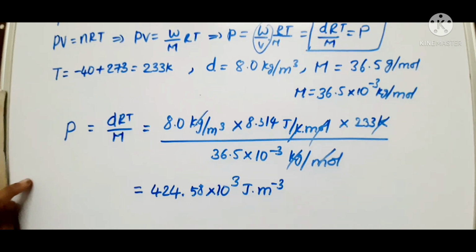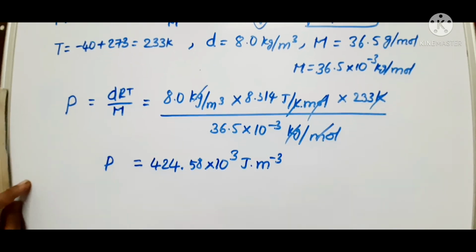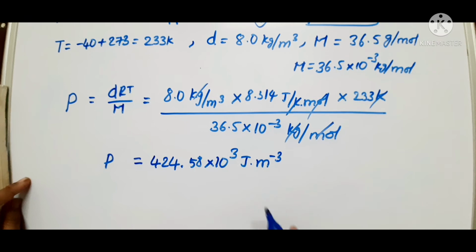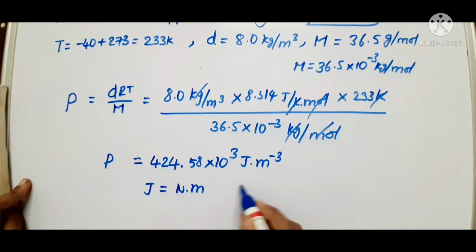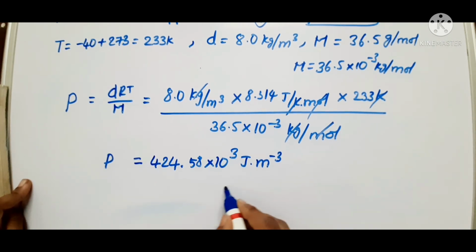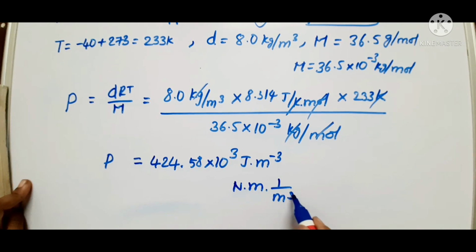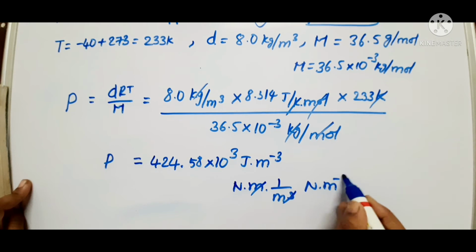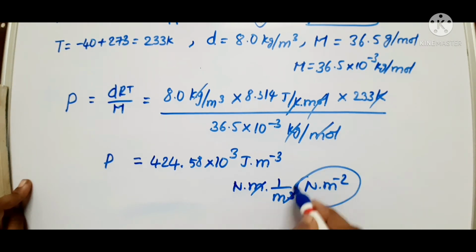So here we are calculating the pressure. Pressure should be expressed in terms of atmospheres or Newton per meter square or Pascal. So you have to convert these units into pressure units. So how can you convert? Joule is nothing but Newton into meter, isn't it? Joule is work. Work equals force into distance, isn't it? So joule is Newton meter. In place of joule, I am writing Newton meter by meter cube. The units will become Newton into meter power minus 2, right? This is the unit you have to apply for this.